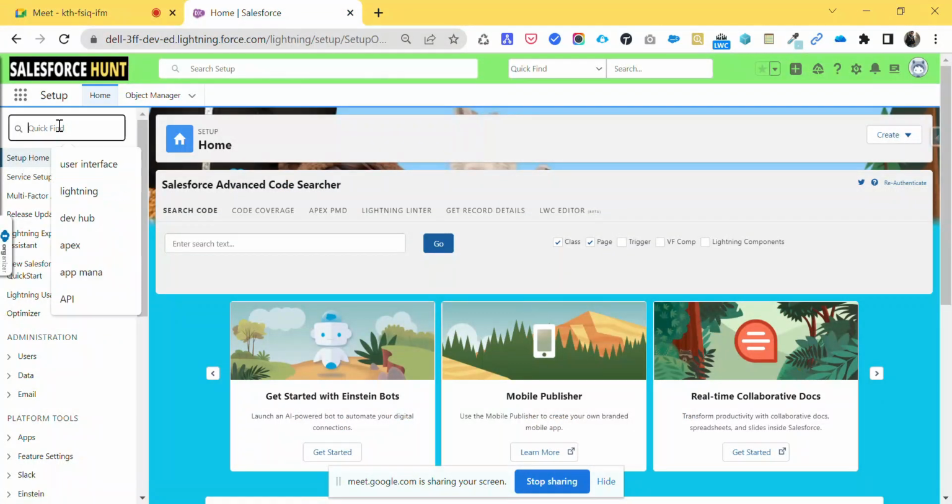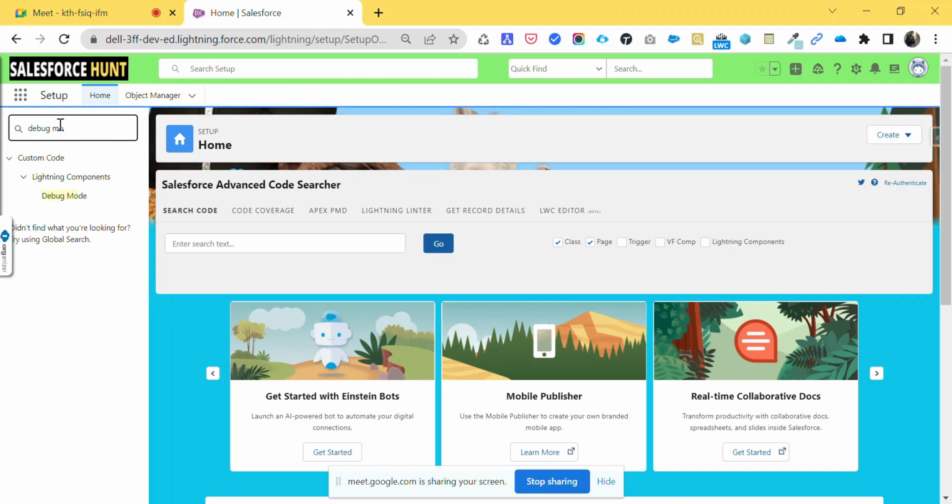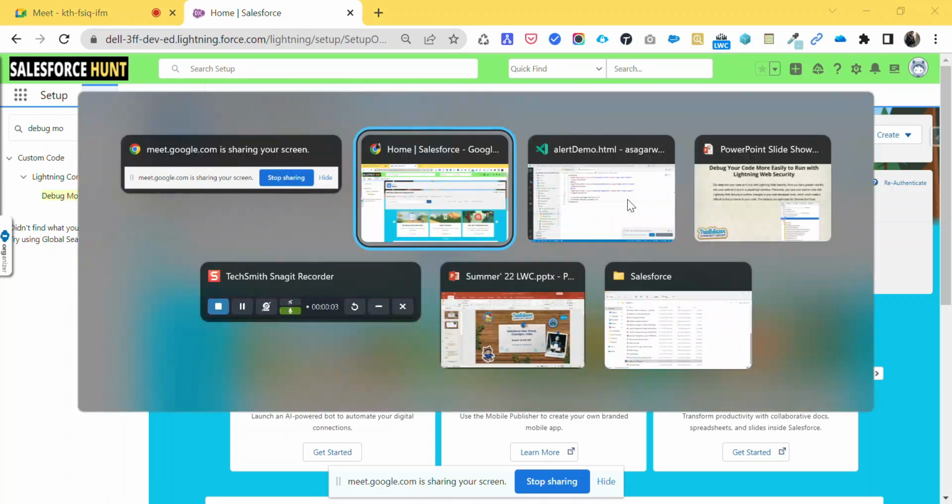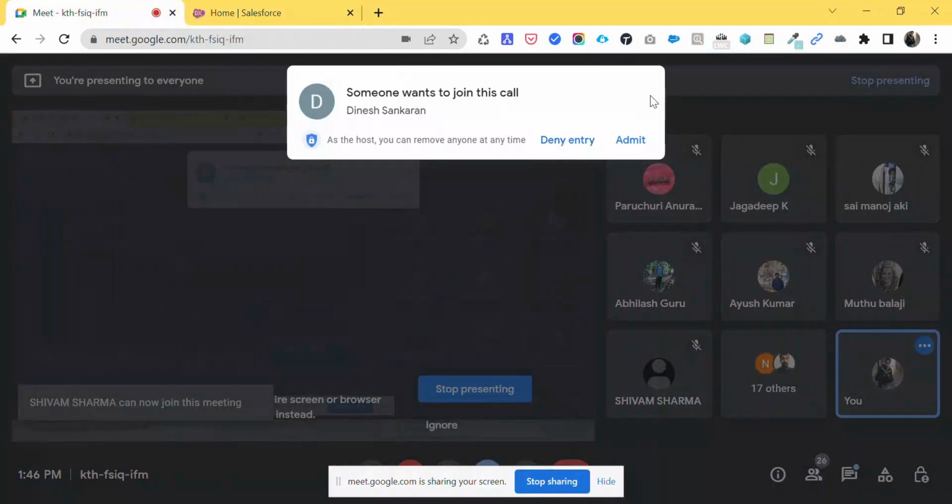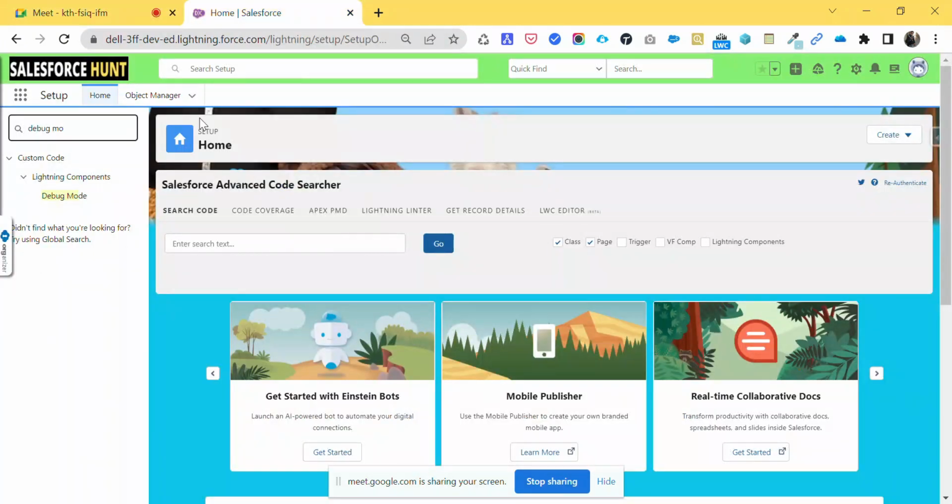Okay, so here under the quick find you have to search for debug mode. So now you can see custom code under lightning component. You will see here what is called debug mode, right? This is debug mode. So now just click on this debug mode,